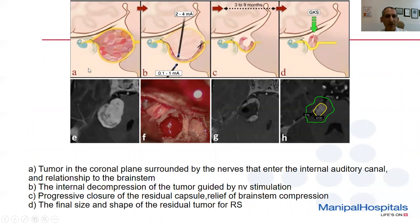coronal plane, there's a brainstem here, there's a cochlea here, and then you do internal decompression of the tumor guided by nerve stimulation. And this is the closure, the collapse of that area, and you have this small residual thing, and you wait for a few more months. It's not that you resect and then you do immediate radiosurgery. You wait for 6 to 8 months, and then you get the final residual volume, and then you treat it with